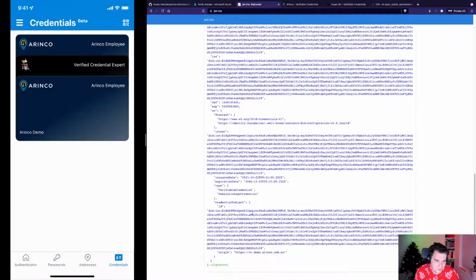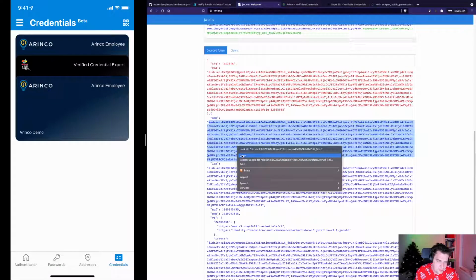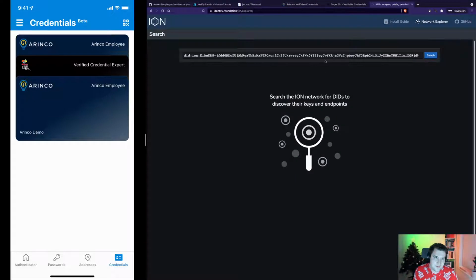Now you look at this and go, this is not super helpful to me, but I keep seeing this DID repeated. The subject, the issuer, it's the same thing repeated over and over again. I want to know more information about this decentralized identifier, what keys it has, where it's available. So I want to look that up in the existing blockchain network. To do that, these days you can actually use the ION Explorer.